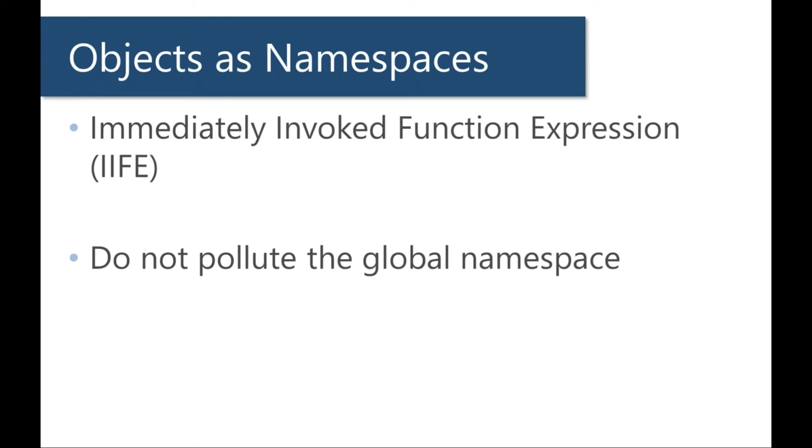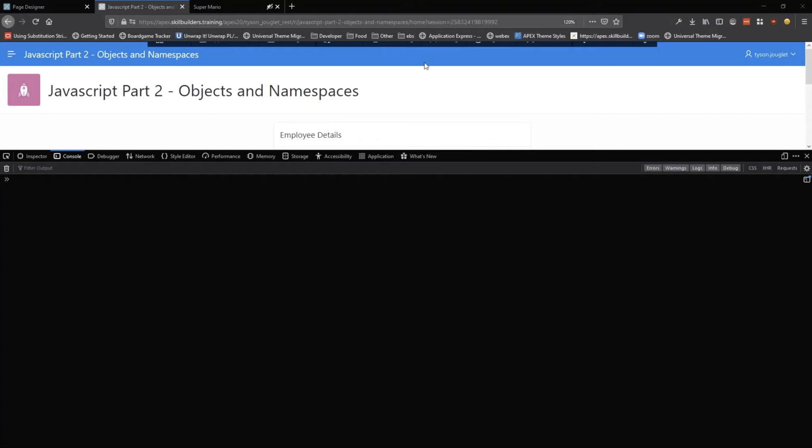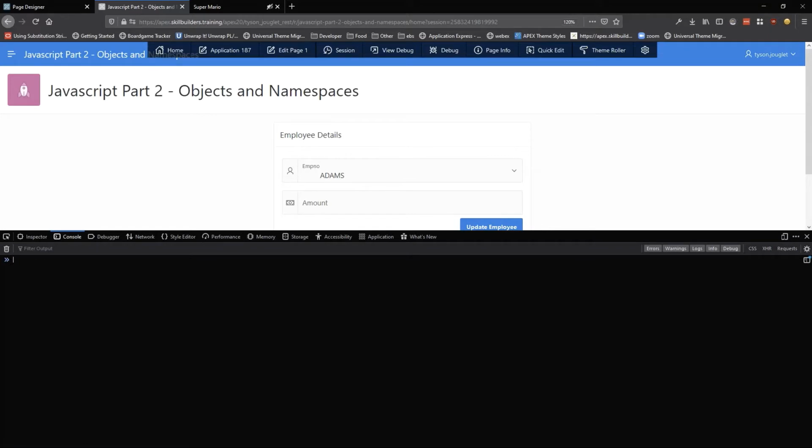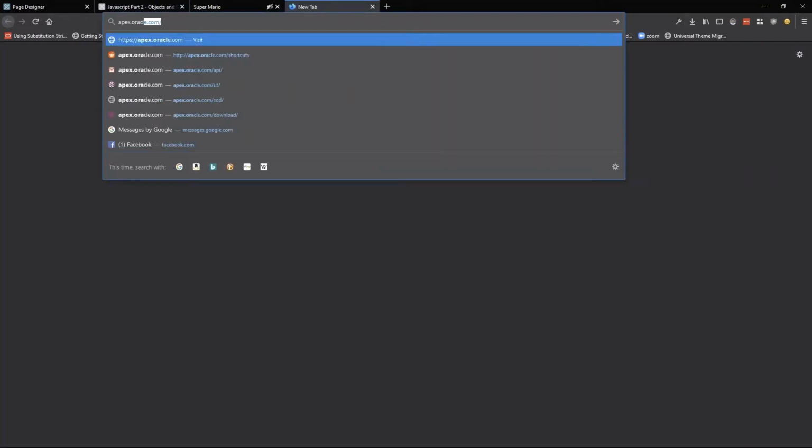Our objects as namespaces. And you may or may not have already been using namespaces if you're using any of the built-in Apex provided JavaScript. Just to give you an idea of what I mean by that, if you come to your browser, it is possible for you to go to